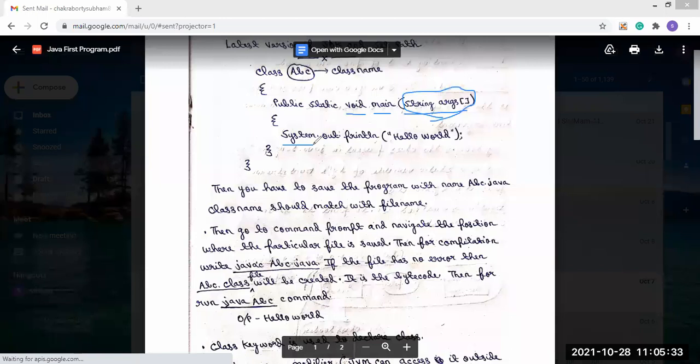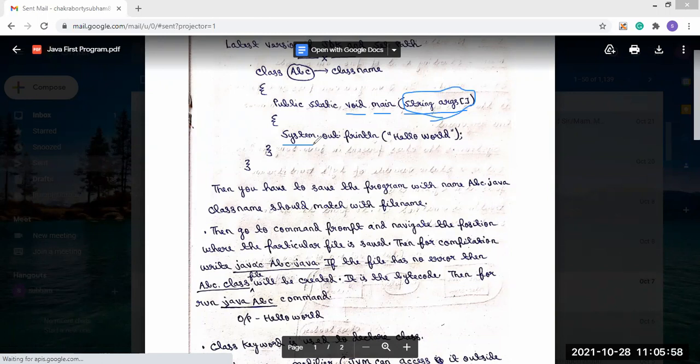Same as that, in Java there are packages, and a package consists of classes, the predefined classes.